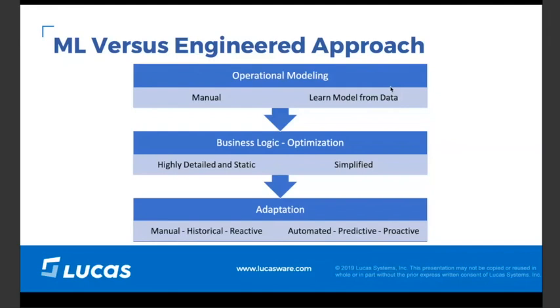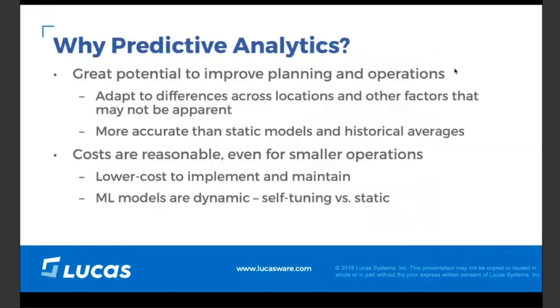So in the machine learning approach, we're looking at something that is proactive in its adaptation to changing environments in the warehouse. And that could be changing environments with product, space, layout, people. So why predictive analytics, and specifically predictive analytics with machine learning? I hope it's obvious at this point that by taking away a lot of the engineered speed humps that we have for solutions,